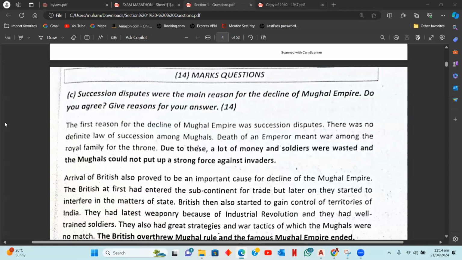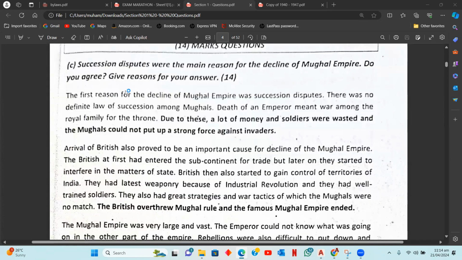Okay, so the first type of 14 mark question is when a statement is specified in the question, and you are asked to either agree or disagree with that statement and then provide your reasons for your agreement or disagreement. We expect to write a total of 7 reasons for this type of question, and those 7 reasons